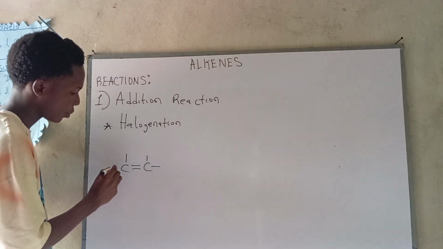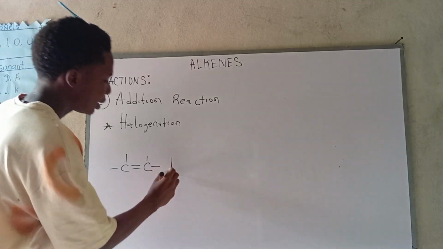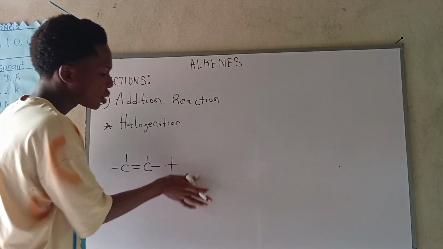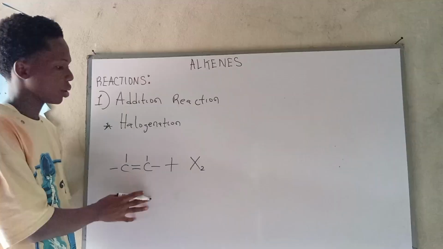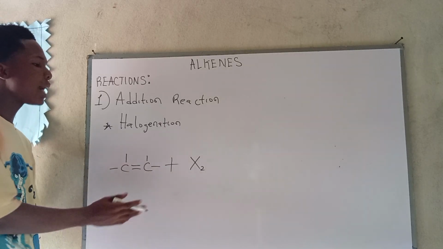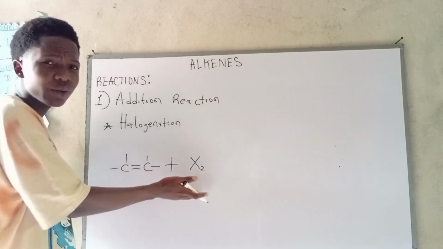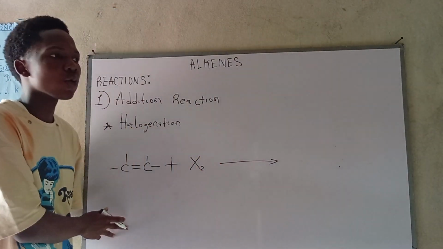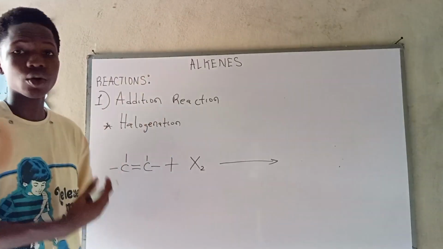Let's write our general formula. Now, what will happen? Halogens mostly react as a diatomic molecule. So they always react like this. Now when an alkene reacts with a halogen, what will happen? It will automatically turn to an alkane. As I said earlier, anytime an alkene undergoes